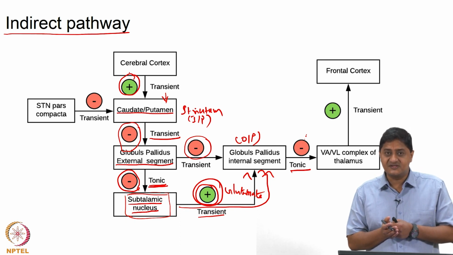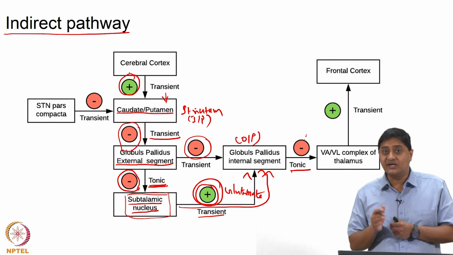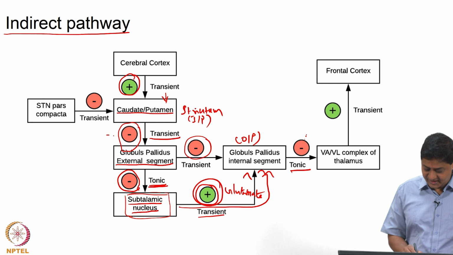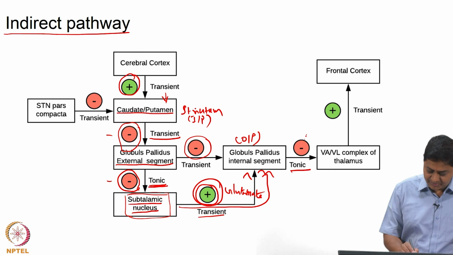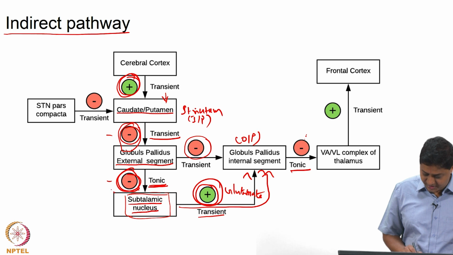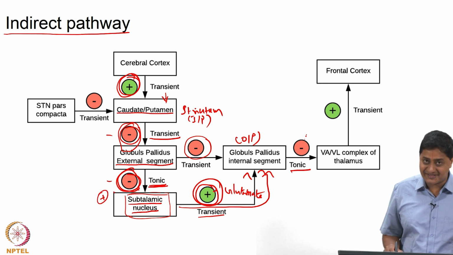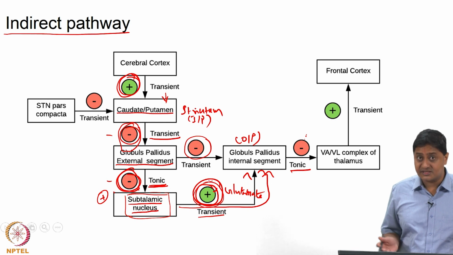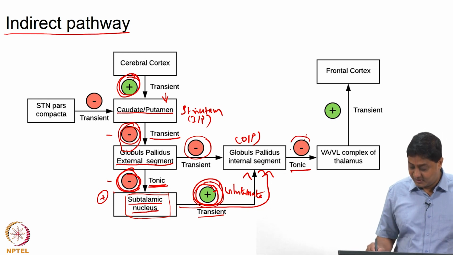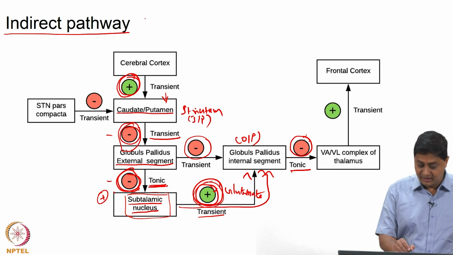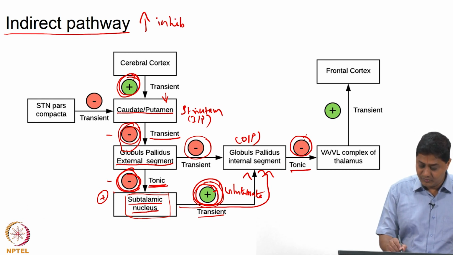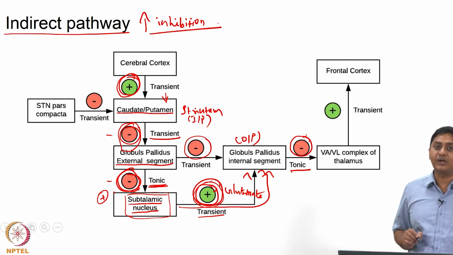The striatal neurons themselves are inhibiting the GPE neurons, and the GPE neurons themselves are tonically inhibiting the subthalamic nucleus neurons, right. So, essentially there are 2 minuses. There is 1 minus here and there is 1 minus here, that becomes plus. There is a plus here, there is a minus here, there is a minus here. So, the output at that point is going to be plus, and that is multiplied by 1 more plus. So, that is an increased excitation level, and that is multiplied by a minus. Essentially increased inhibition is the output of the indirect pathway, right.